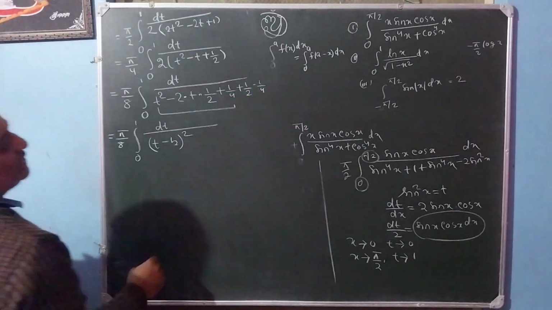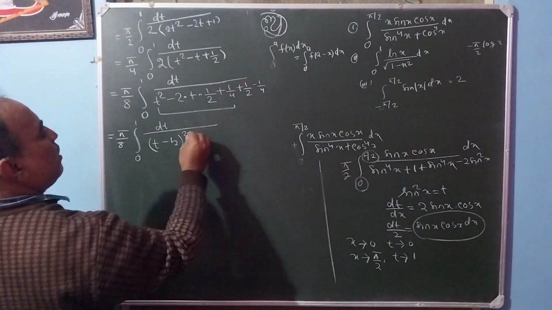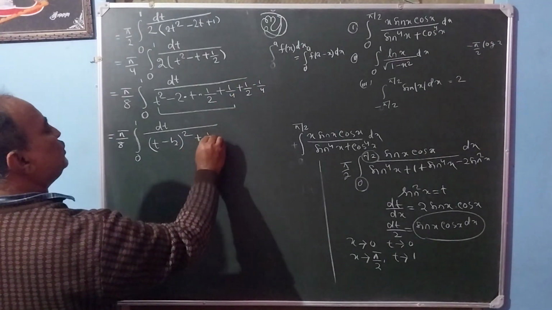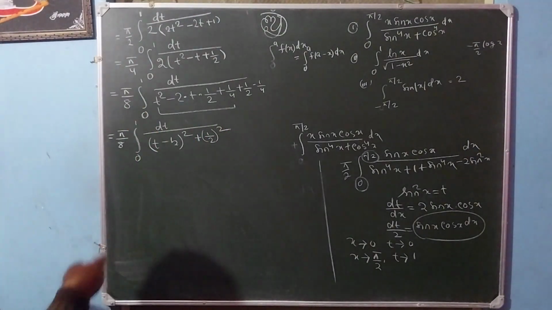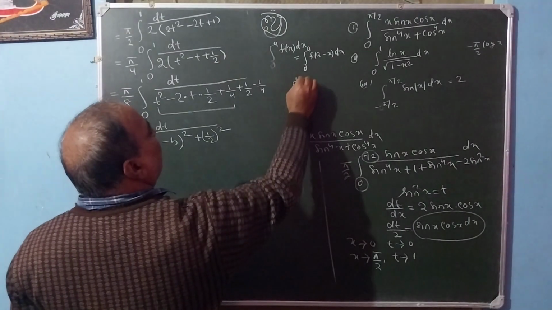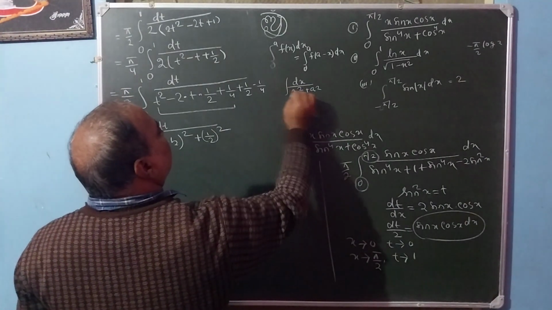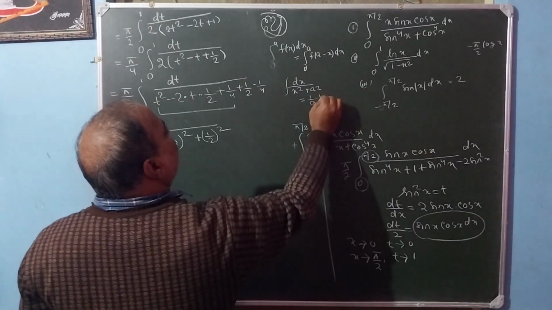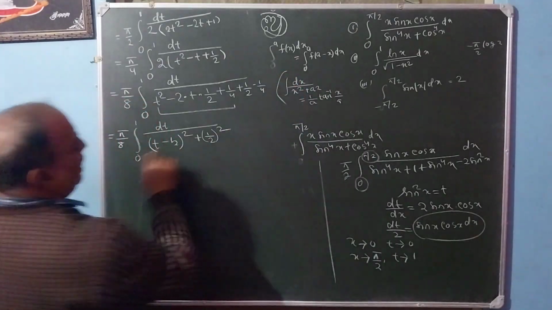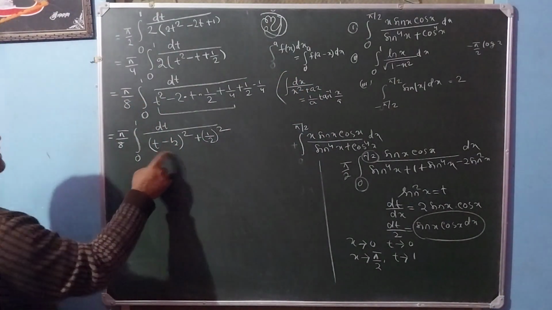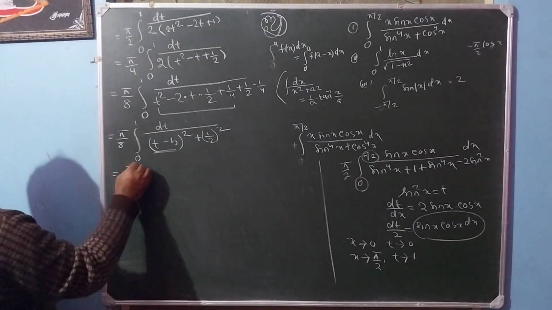So after simplification, we get 2 minus 1, that is (1/2) whole square. So applying the standard form, dx by x square plus a square, that is 1 by a tan inverse x by a. This formula is applied here. In place of x, it is t minus half. So we get pi by 8,